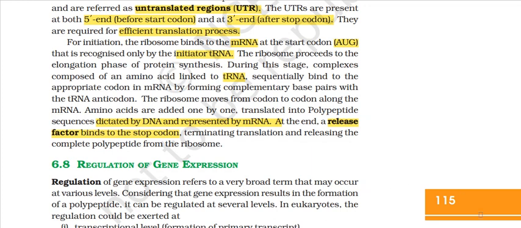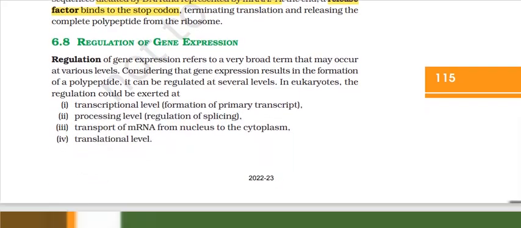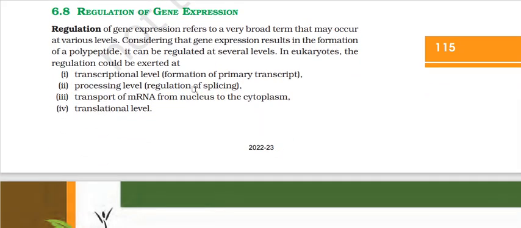Next up, we have regulation of gene expression. Regulation of gene expression refers to a very broad term that may occur at various levels. Considering the gene expression results in the formation of a polypeptide, it can be regulated at several levels. In eukaryotes, the regulation could be exerted at the transcription level, processing level, transport of mRNA from nucleus to the